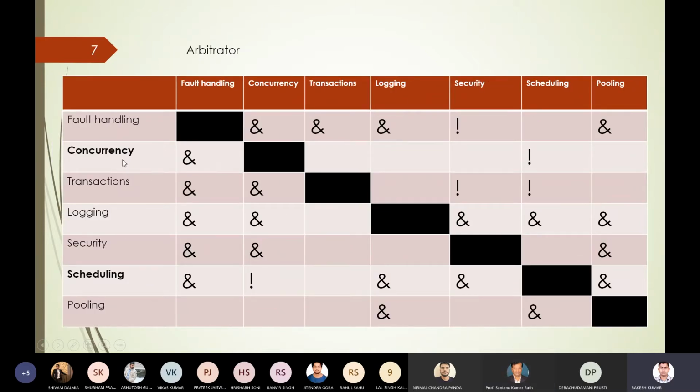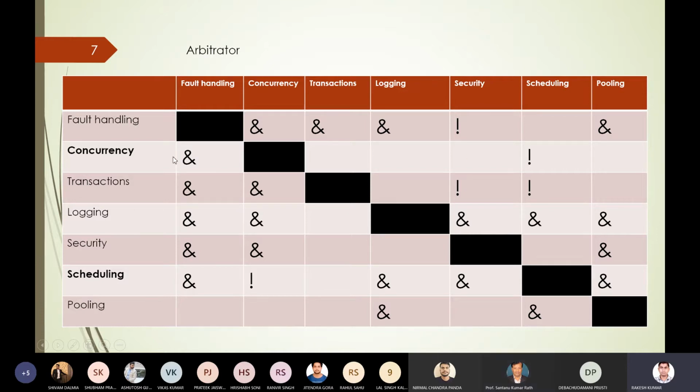Next is the combination of the arbitrator with the arbitrator. Here we can see the diagonal is empty, means we are not going to combine similar types of dimensions like fault handling with fault handling, so these are all black. The rest are like transaction with security. This is of caution type, means if we combine transaction with security, it may result in an unstable or unreliable connector.